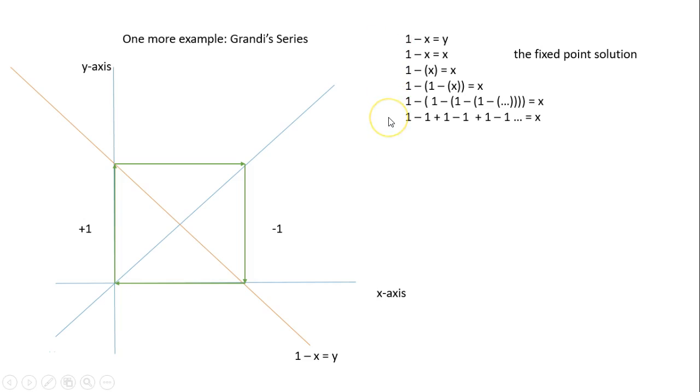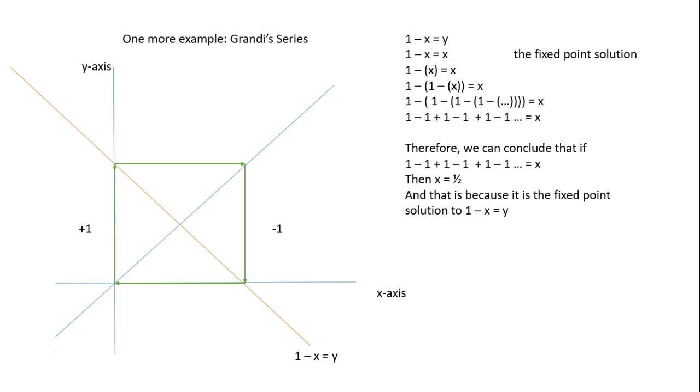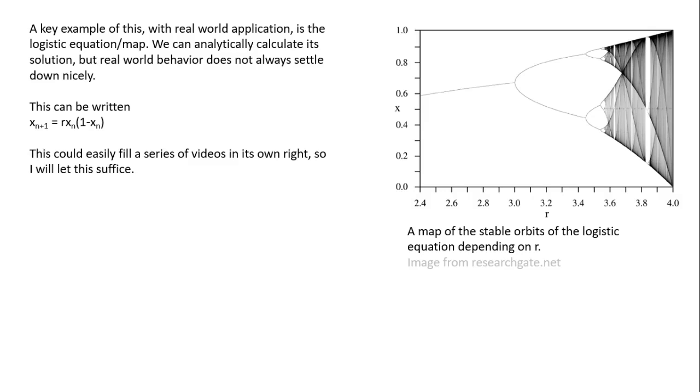If we iterate these functions, we can get, as I said, 1 minus 1 plus 1 minus 1 plus 1 minus 1. Famous old series. People argued about this for a long time. But if we do it graphically, like this, we can see that we're basically orbiting the fixed point, not approaching it or going away from it. Now, this is useful. This is basically a lot of the same behavior we see when we look at the logistic map, the logistic equation.